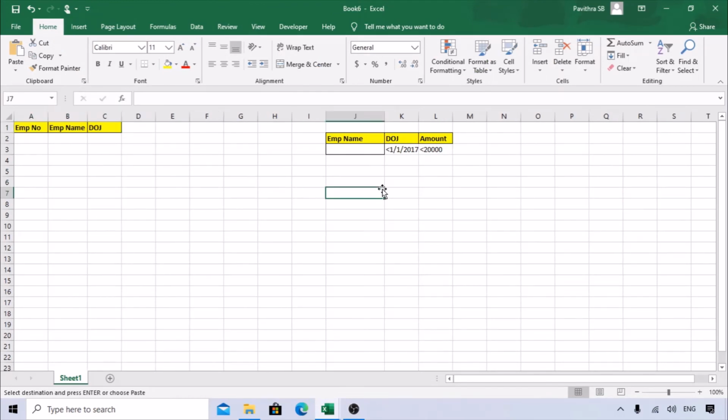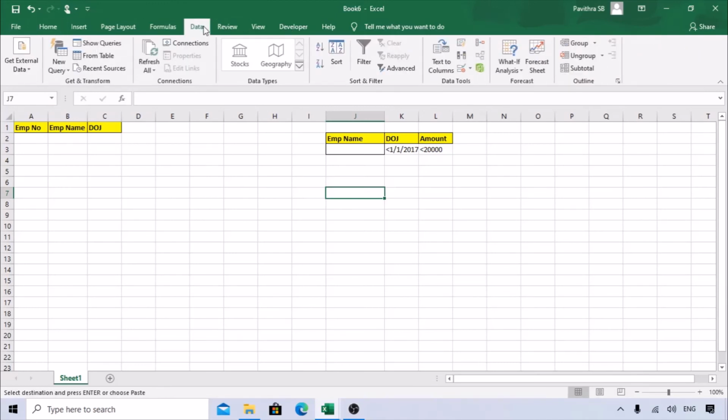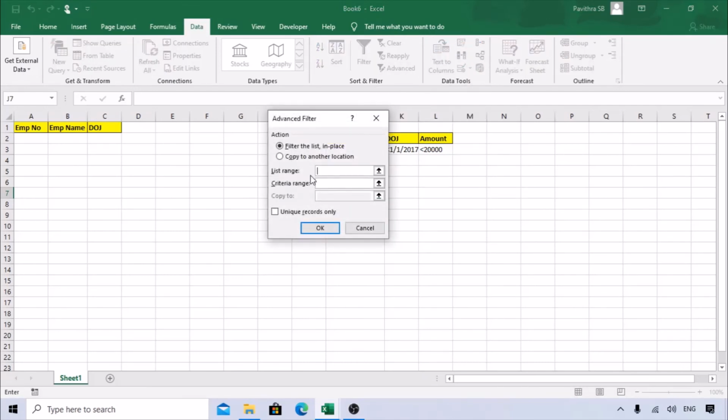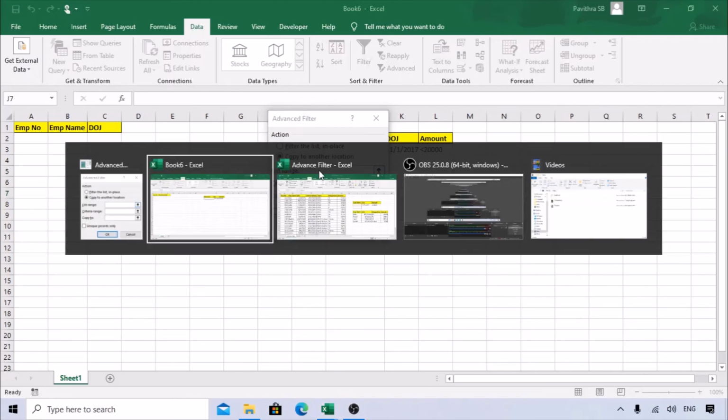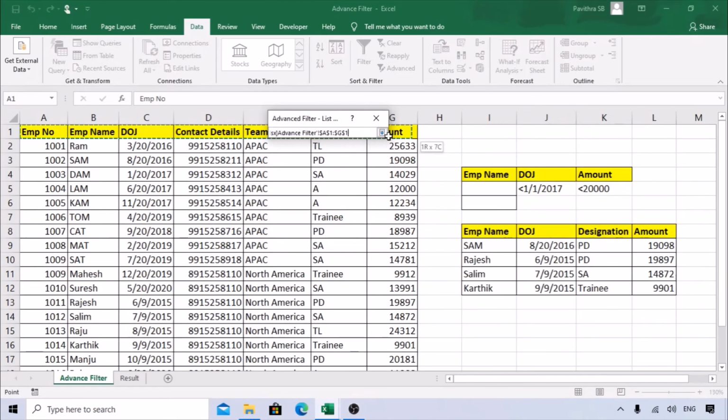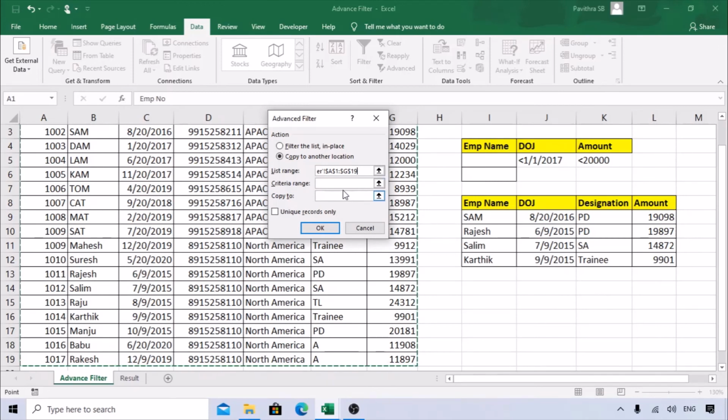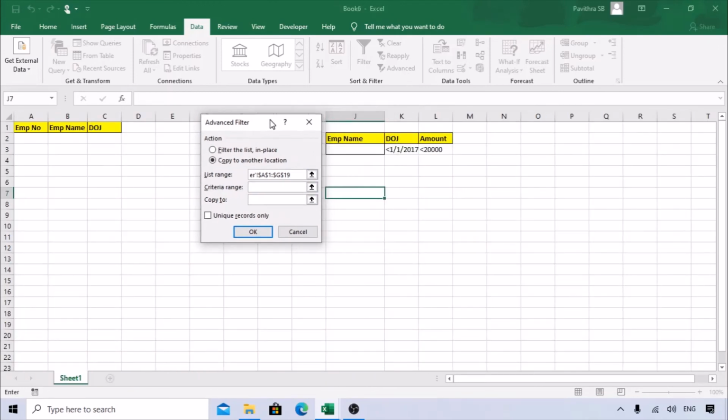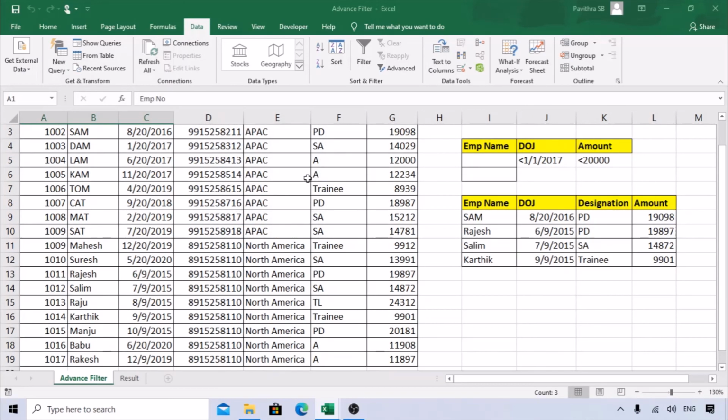So now, into the new sheet, I'll be using the data validation, because I need to get the result here. Sorry, not data validation, advanced filters. Sorry guys. Advanced, list range, so copy to location. List range, go to the source. Select the source, till down. Criteria is nothing but here. You can select this criteria, or you can select only these two. That also works. Copy to, I need to copy only this headers' related data. Click OK.